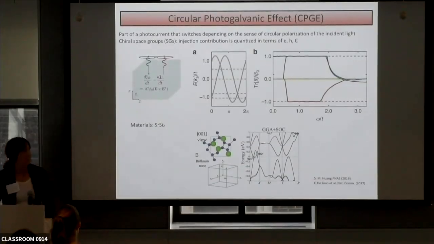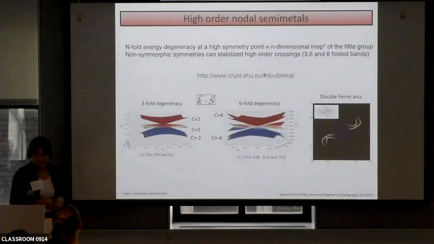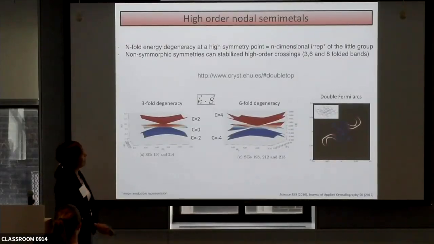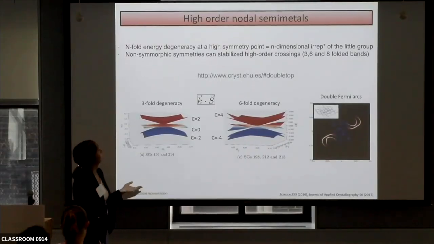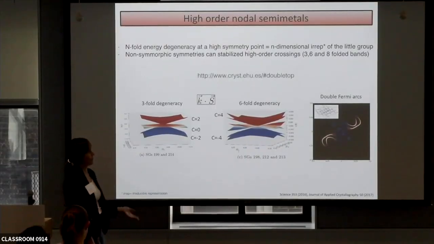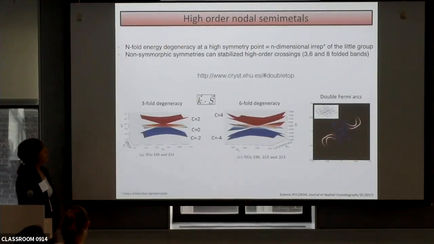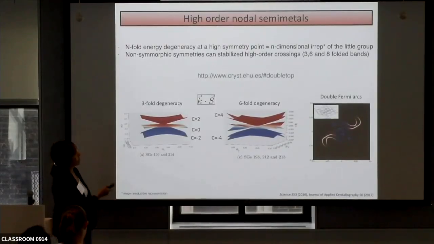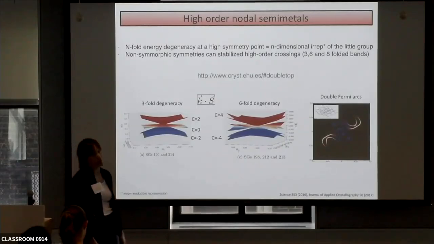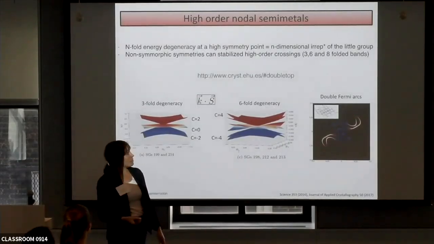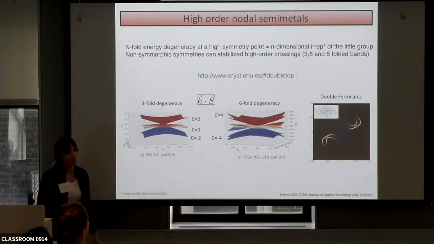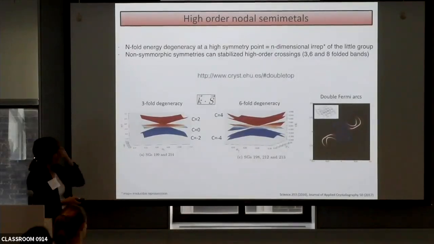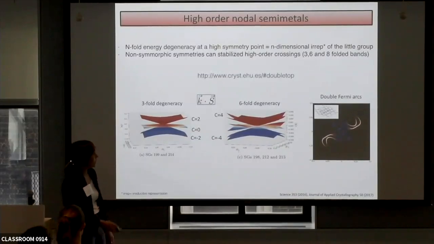However, we did not really succeed in finding these crossings between high symmetry points. So the hope came back again when high-order nodal semimetals were predicted at high symmetry points. So we can find high-order nodal semimetals in materials by looking at the n-fold energy degeneracy at the high symmetry points. And this is given by the n-dimensional irreps of the little group. And this is easier to find because if it happens at a high symmetry point, it's always going to be there. So in this work with Jen, Berry, Andre, and Sichon,